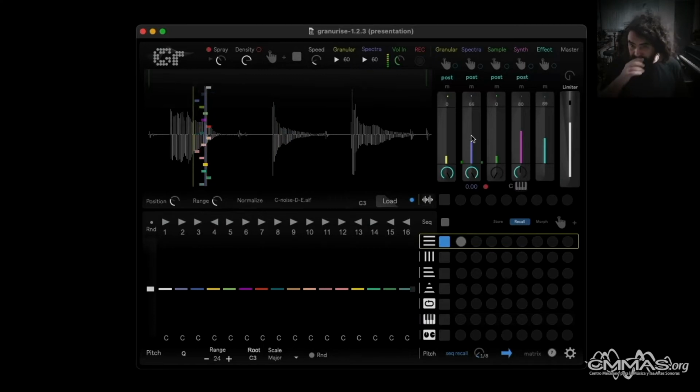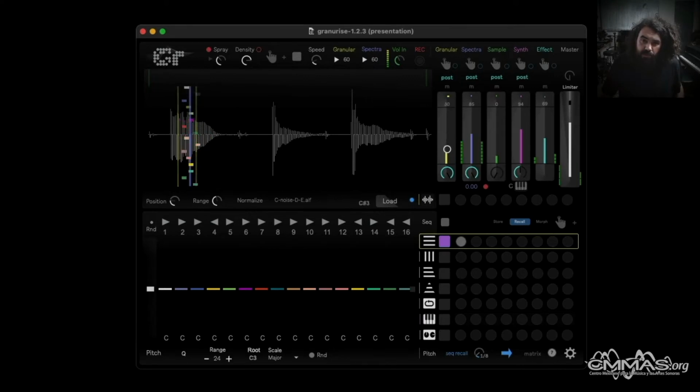These two types are really interesting because we can have different results depending on which kind of granular synthesis we use. So we have this, which is more fluctuating, and this, which is really static. And when we combine both, we get some sort of new sound. But I would like to focus more on the Spectral Engine for now,